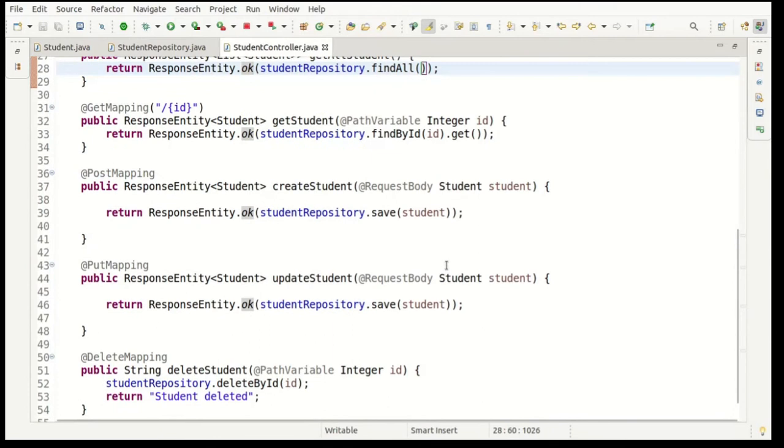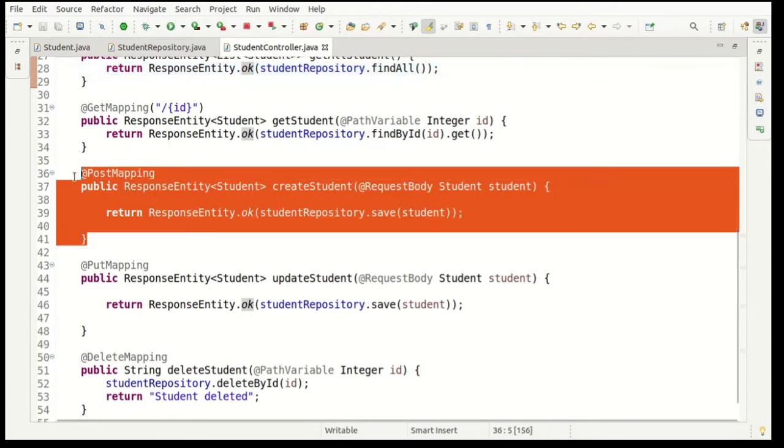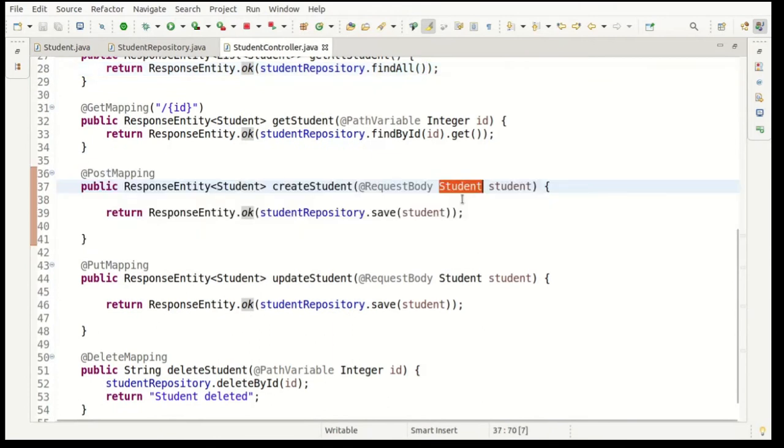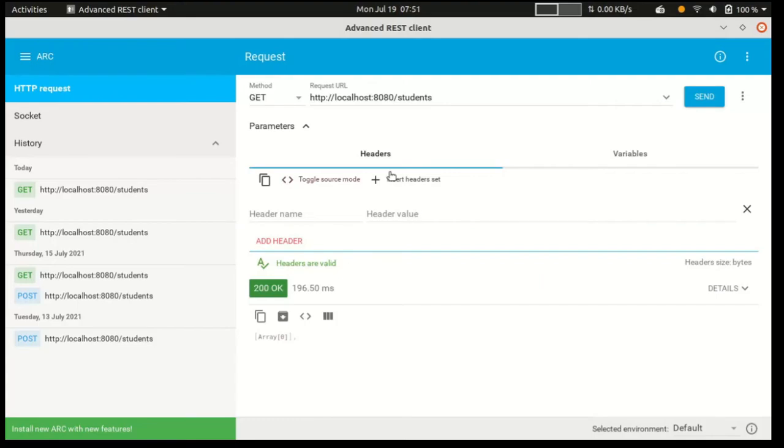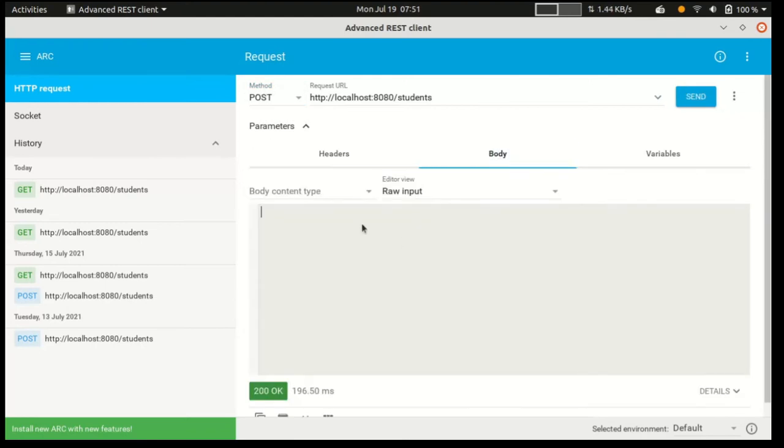So let's call this create student. We'll pass student information, a student JSON object, and it will convert the JSON data into a student object and save it in that document. So just pass a post request, go to body, and in body we have to pass.